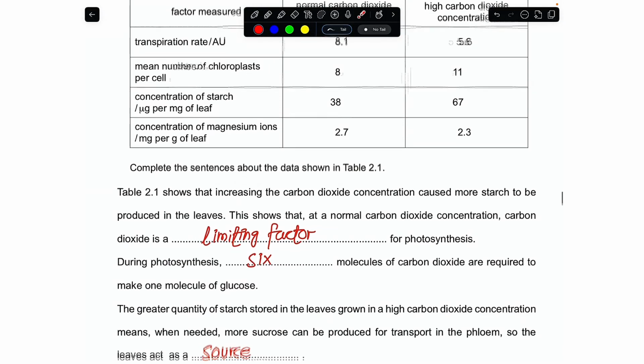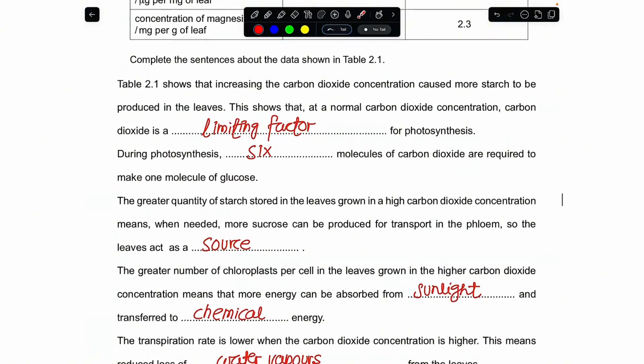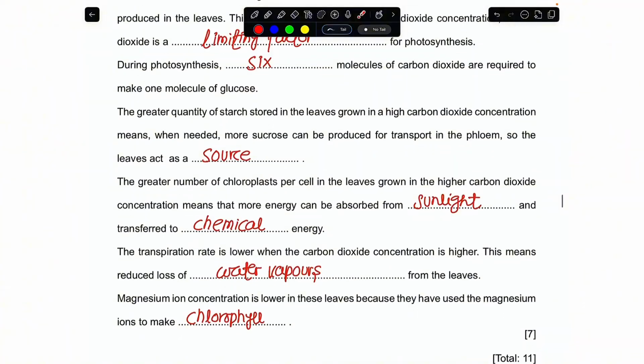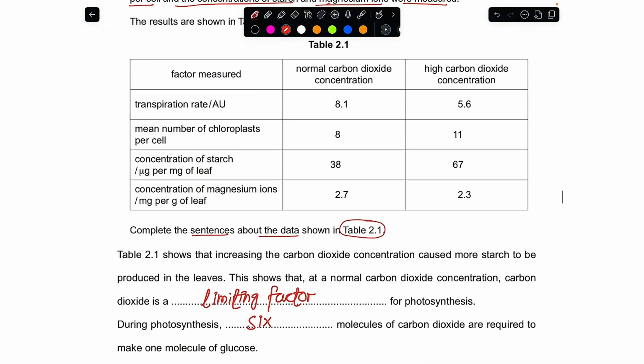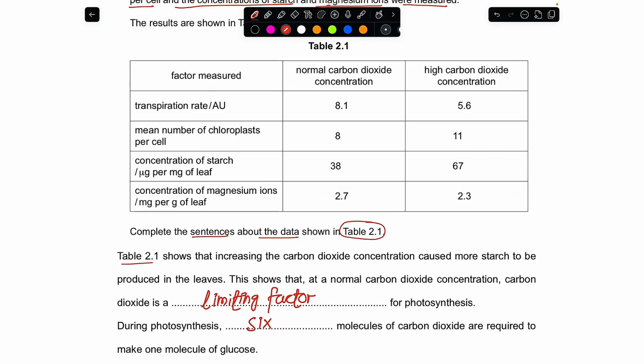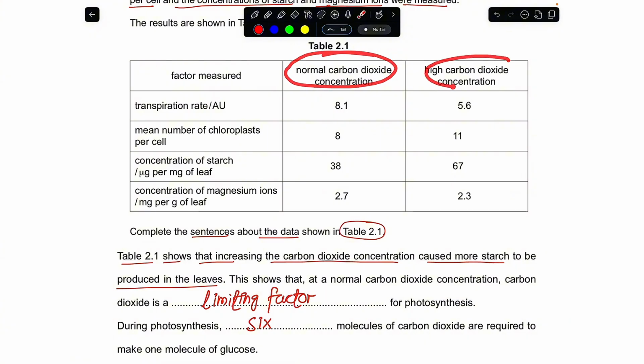Now they have given you a fill in the blank kind of question for a total of 7 marks, and they say you are required to complete the sentences about the data shown in table 2.1. Now we have to relate these blanks with the table. They say table 2.1 shows that increasing carbon dioxide concentration caused more starch to be produced in the leaves. Now here is a normal carbon dioxide, here is a high carbon dioxide, and here we have got the concentration